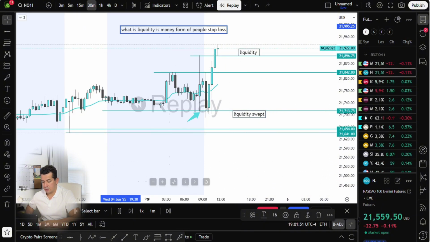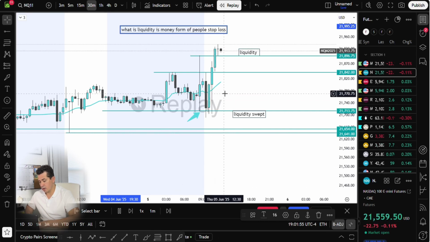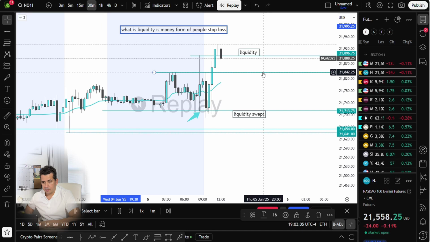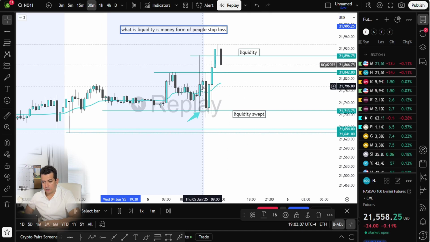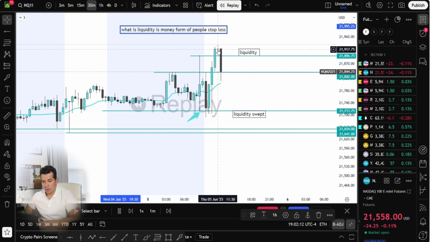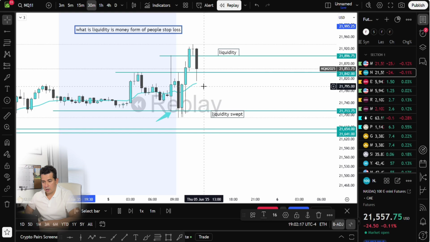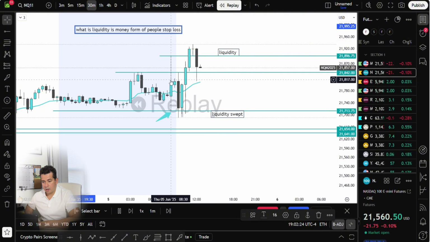So price is drawn like a magnet to those areas of liquidity. You're going to see this all the time. So it came up here, took this out, swept this out. We see a little doji over here. Price just dropped. It came to this low,